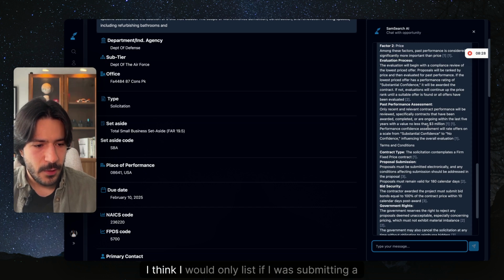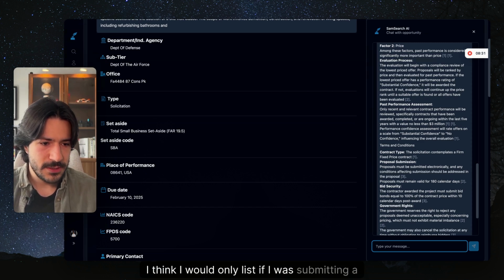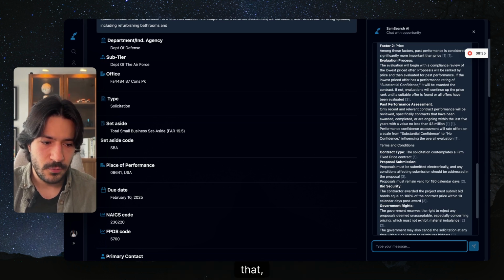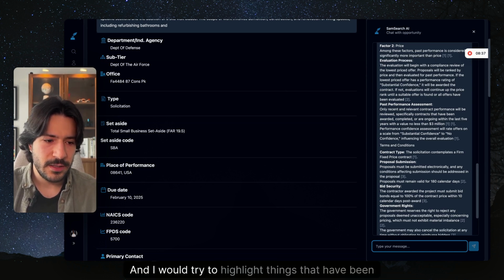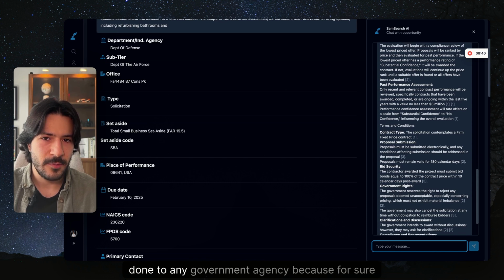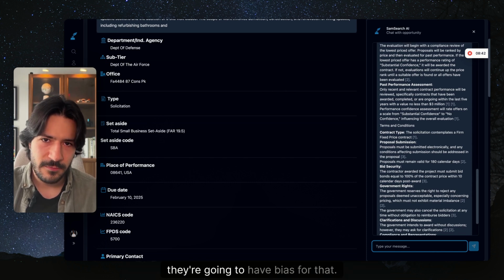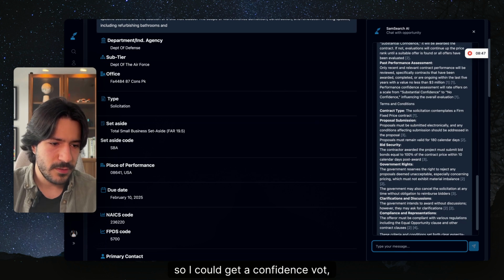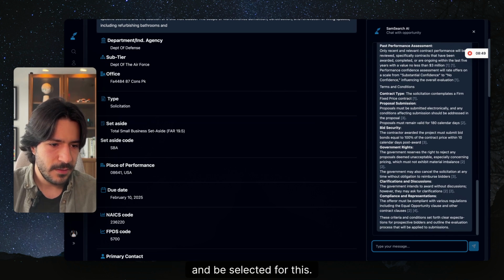If I was submitting a bid for this, I would only list relevant recent contracts within that range, and I would try to highlight things that have been done for any government agency because for sure they're going to have bias for that. So I could get a confidence vote and be selected for this. Obviously,